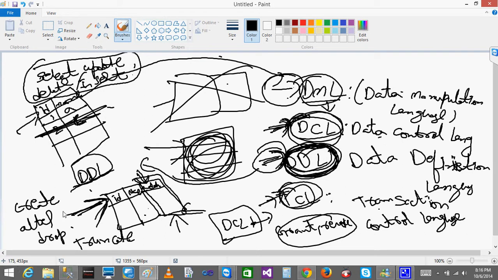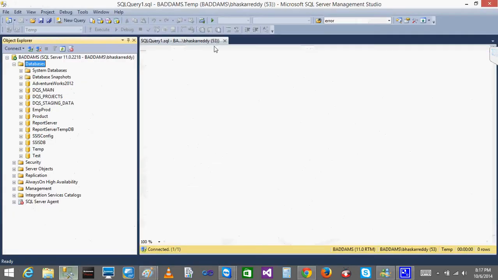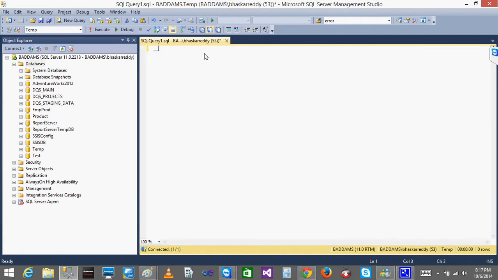So DDL means you will have create, alter, drop, truncate. There are different types: create, alter, drop, truncate.